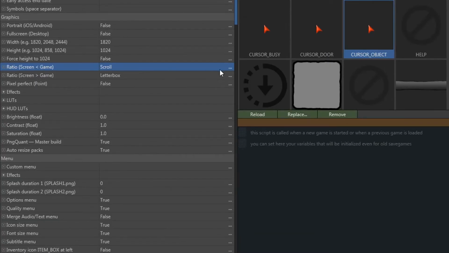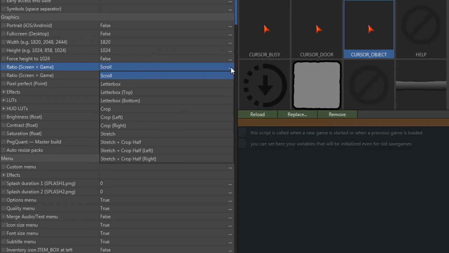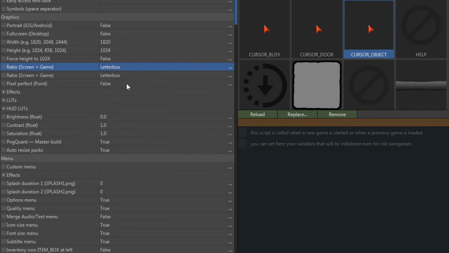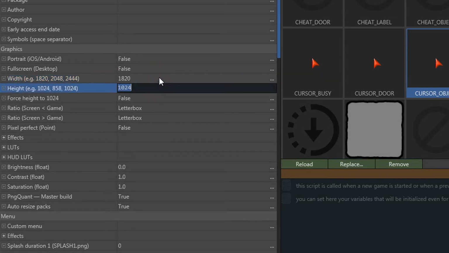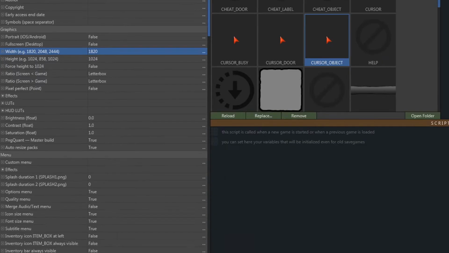Depending on the resolution of the screen and the game, there are two possible situations: when the screen ratio is lower than that of the game, and vice versa when it is higher. Since we want to start our first visual novel, it is preferable to deactivate scrolling and replace it with the letterbox option in the ratio, screen game, field. Scrolling is practical for point and click to follow the character in his movement. Note the default game resolution, which is 1820x1024 pixels in order to optimize textures. If you opt for Full HD, i.e. 1920x1080, AGE will have to generate 4 textures 1024x1024 instead of just 2.